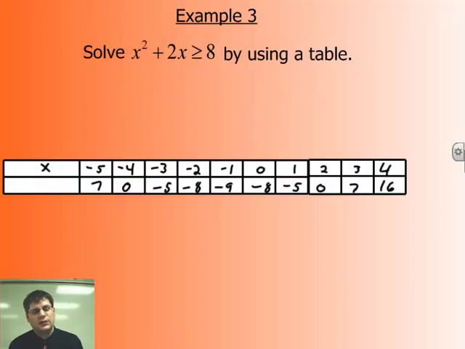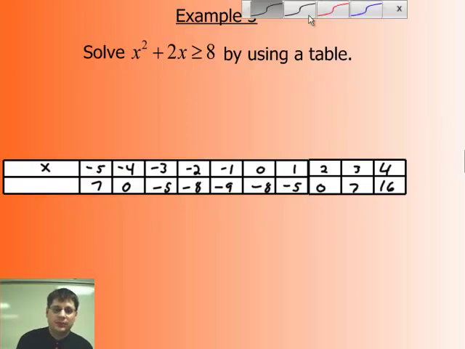Now let's go ahead and solve an inequality by using a table. So this would be a different method. We only have an x value though. We do not have a y. So there's no need to have an x and y axis, and we're just going to use a table to help us. So the first thing I want to do, since we're solving for x, is to see what this trinomial or quadratic really is. So we're going to have to subtract 8 on both sides